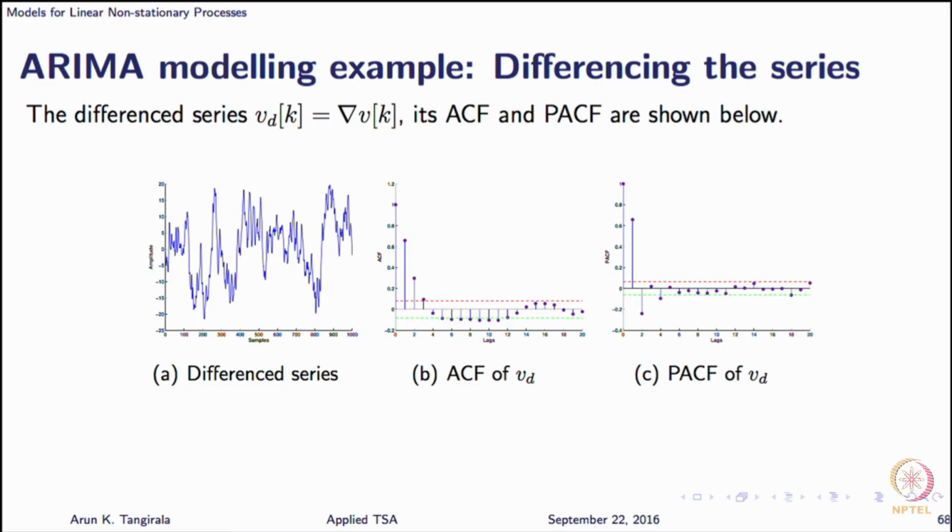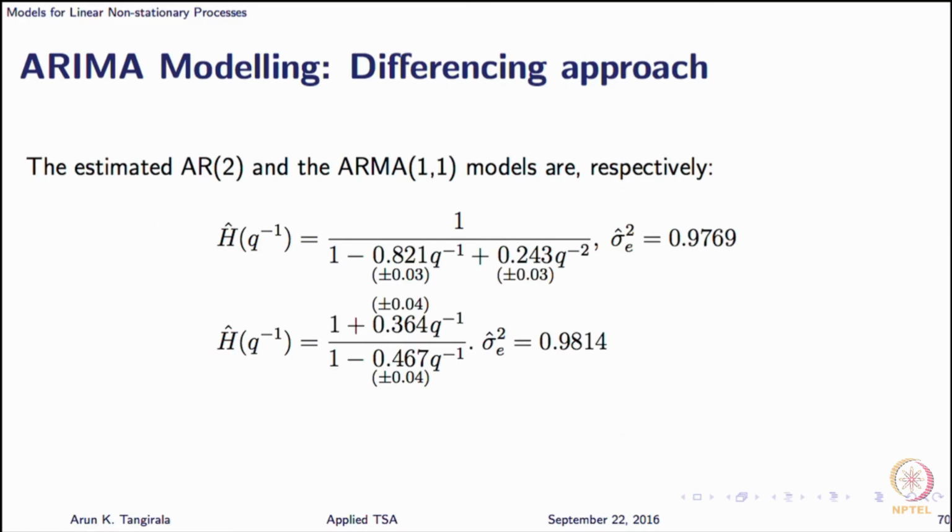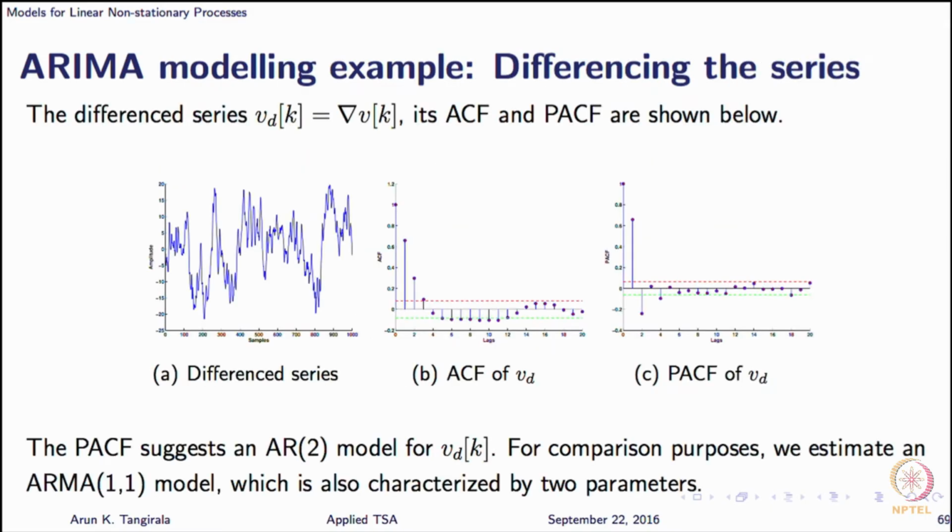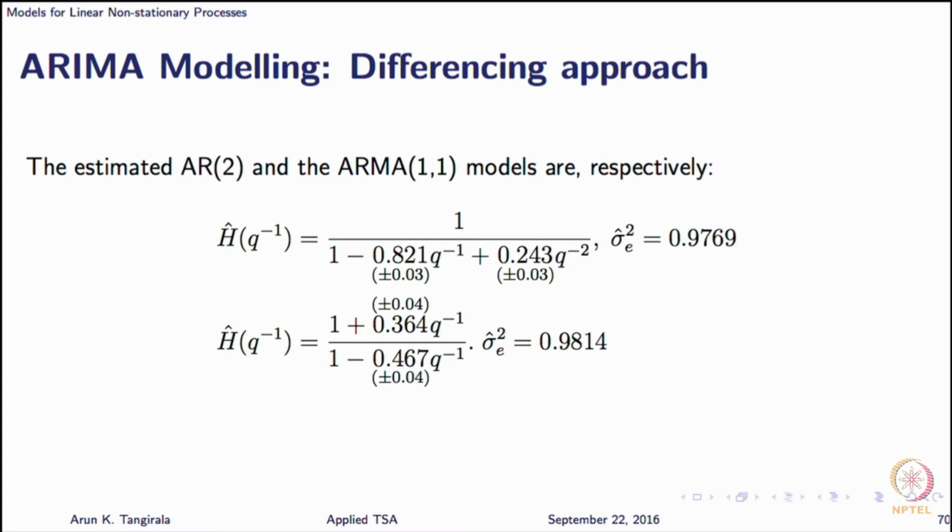The PACF suggests that I can fit what kind of a model to the difference series? Second order AR, or I can fit an MA also, right. Either way is fine. So, let us say we fit an AR2 model, and I have also fit an ARMA model, both have the same number of parameters, right. Now, which one do I choose? These are the models for the differenced series, please remember that. Which one do I choose?